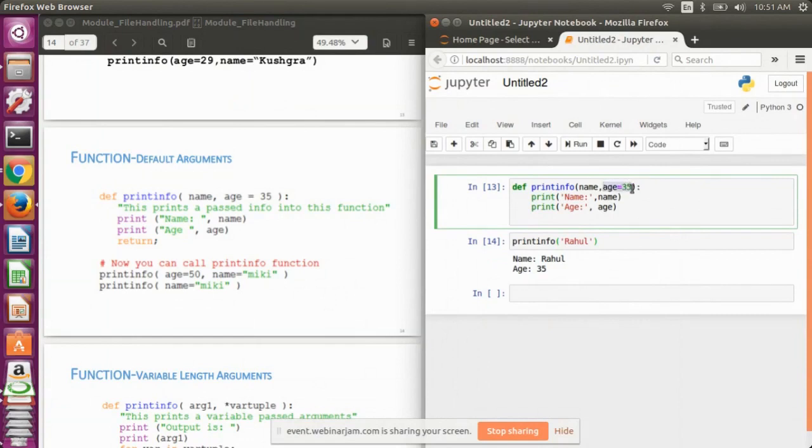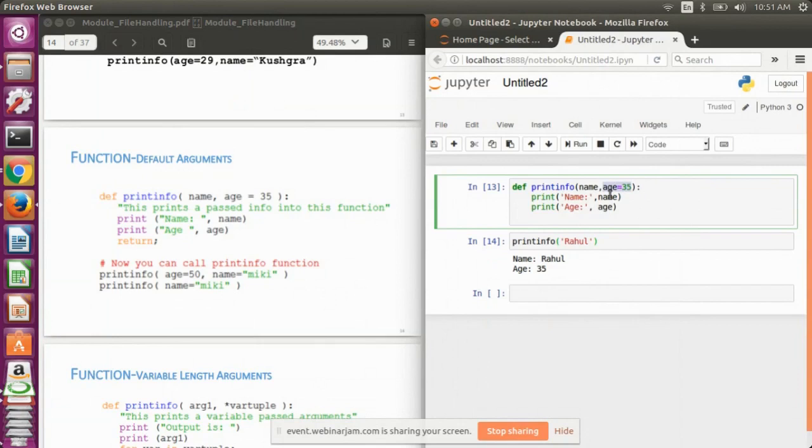If we assign any particular value while defining the function, then that particular parameter is termed a default argument. If we do not pass any value for this parameter while calling the function, the function will consider the default value of that argument and execute.